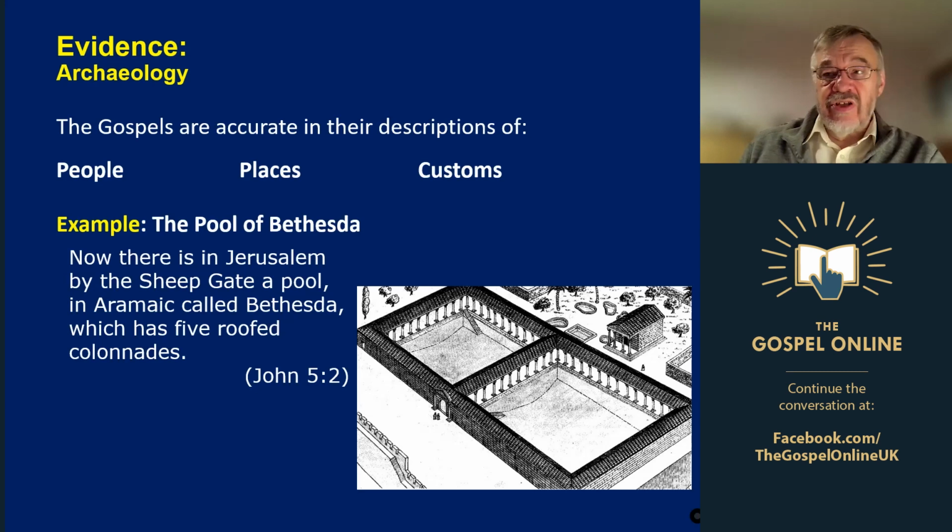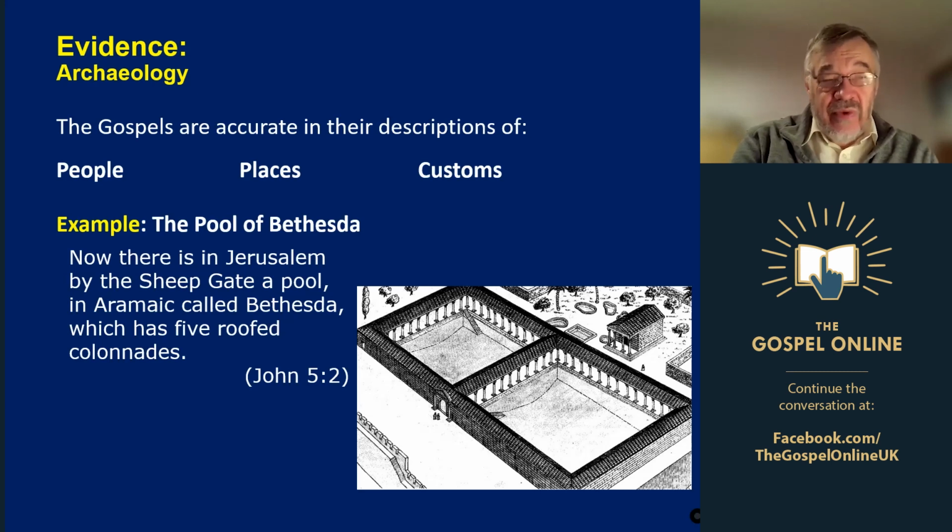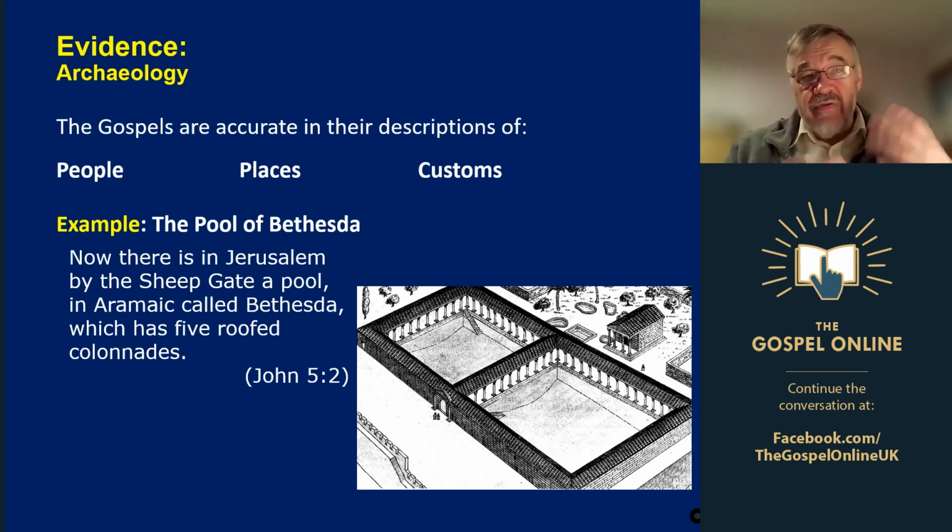And customs, things like the way that water jars in Judea and in Galilee were made of stone, whereas the pottery everywhere else, everyone knew about the pottery ones, but hardly anyone would know about the stone ones, the kind of roof tile they used, and so on. All the customs are down there exactly accurately. So the picture in the Gospels exactly matches the time of Jesus and the place of Jesus.